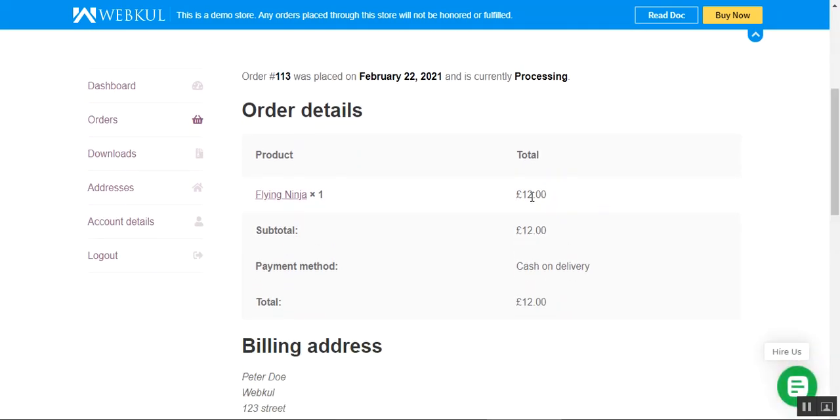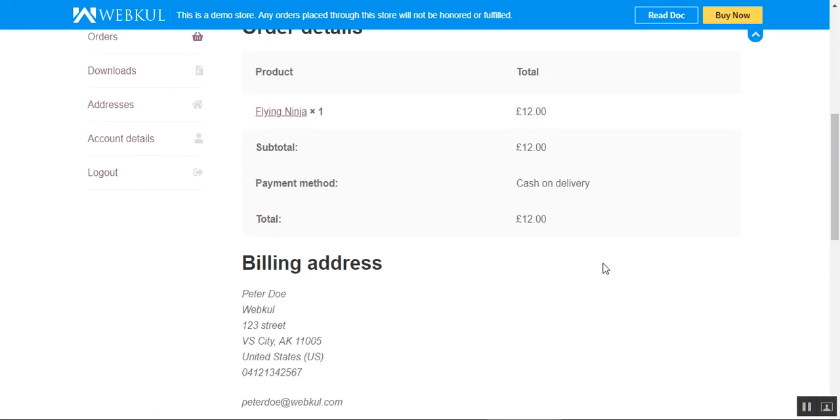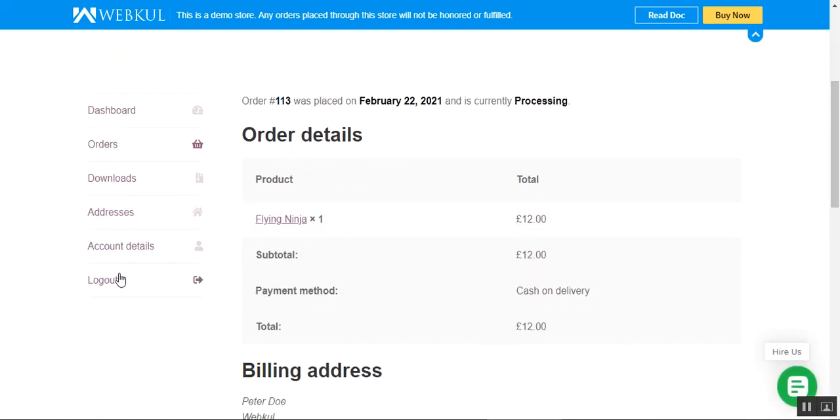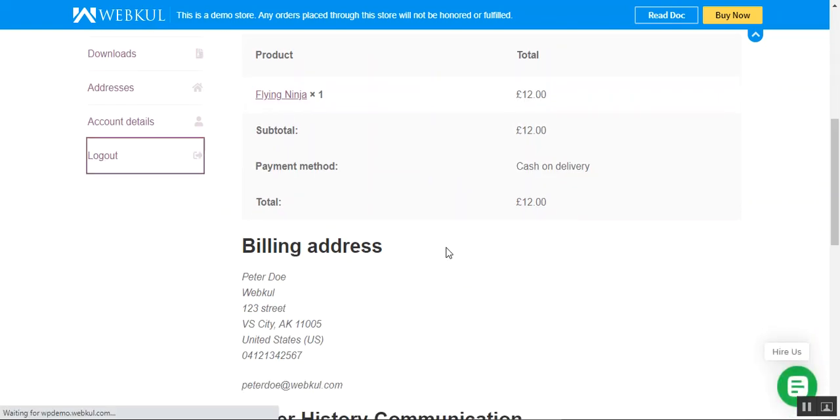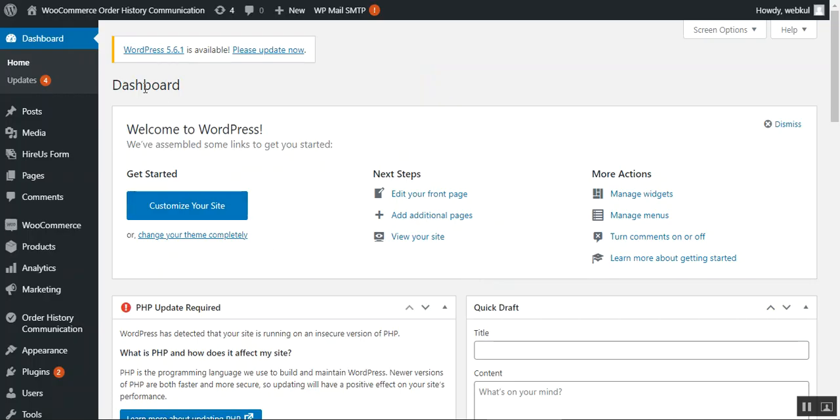Now let's hop onto the admin backend panel, and let's see how the admin would be able to view this order detail for the order history communication for this particular order by the customer, and how the admin can respond back to the same. So we have the order number 113. So I'll just log out of the customer account. So here I'm at the backend of the WooCommerce platform-based web store. So I'll be logging into the admin backend panel by entering my username and the password, and then